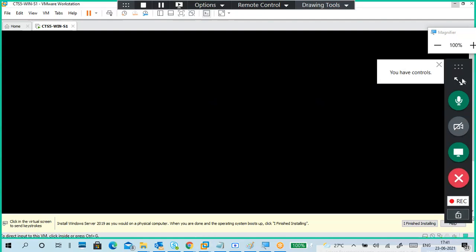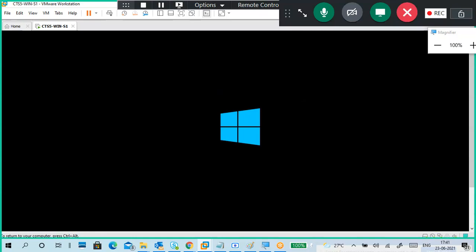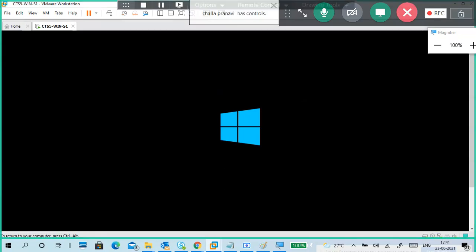You clicked, but it is not accessible. We'll see that once options are there. Otherwise, I will do it. Because it's a virtual machine, it may not work. It is working, but still we don't know this one.